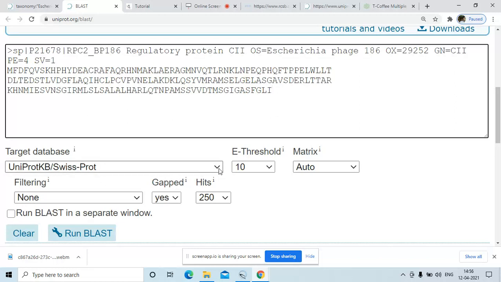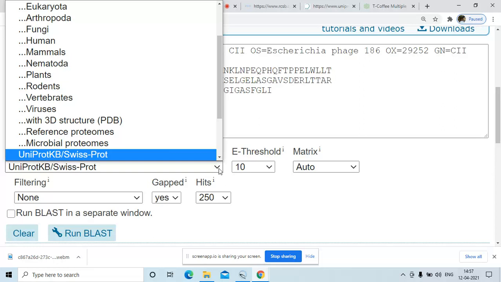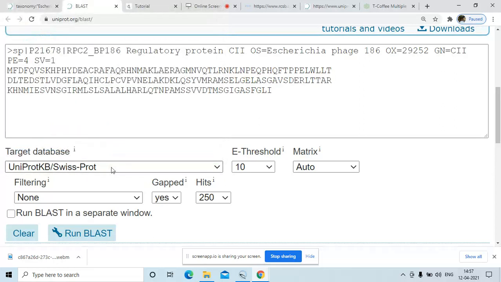We can take PDB also, but since UniProt Swiss-Prot is a very wide database where new entries are submitted, we will let the target database remain the same. All the other settings remain the same, and we run BLAST.